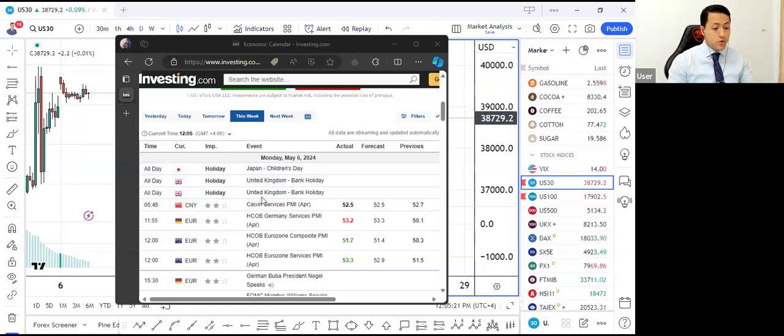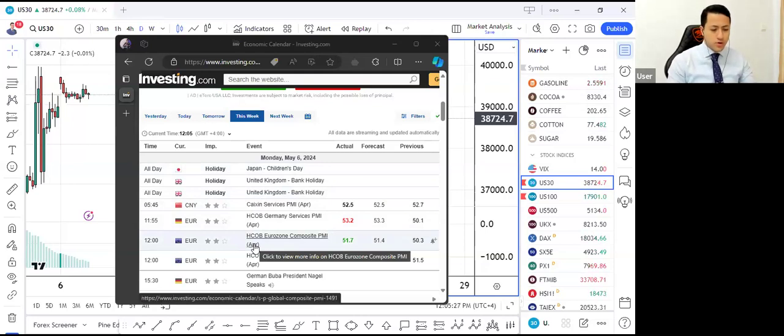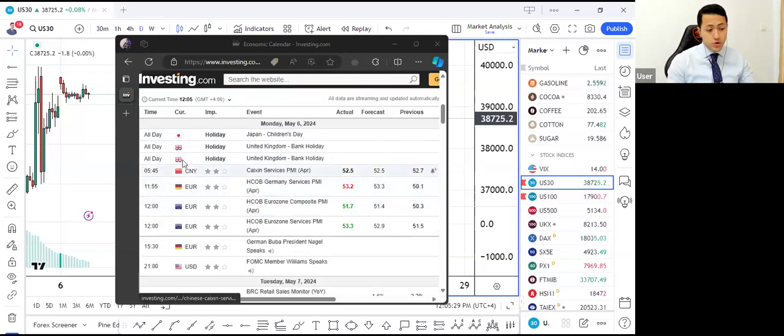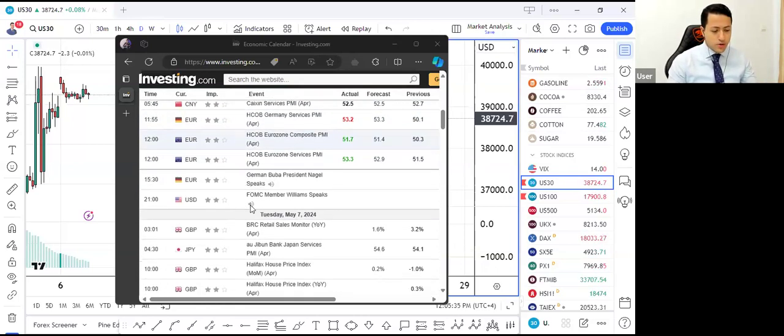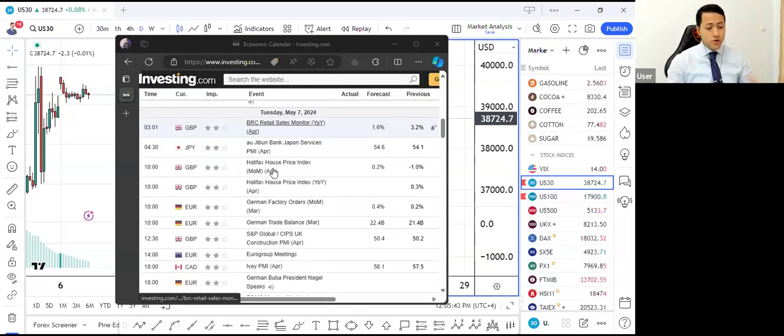So going forward today, we have very few and not so important economic news from the German economy. This is not something that we should be concerned about. The data was already out like 5 minutes ago, and there were no movements in the markets. Moving forward to tomorrow, Tuesday, the 7th of May, and quickly, as I can see,